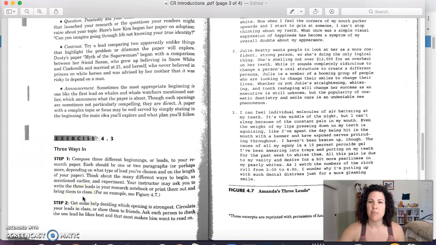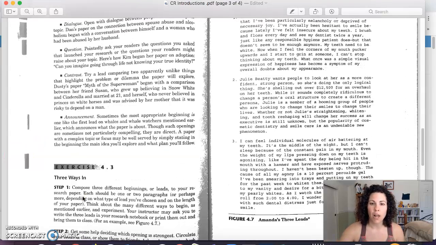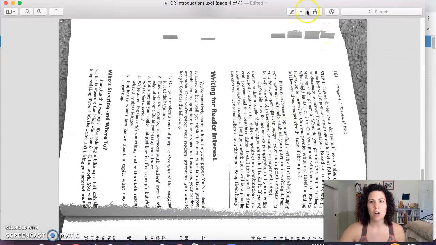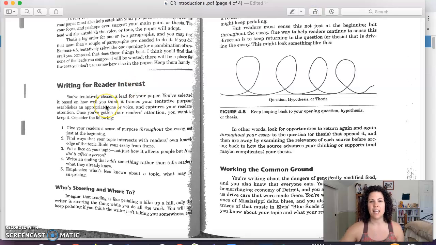We are going to be doing steps 2 and 3 another time, so all I want you to do is be drafting those. And like I said before, our goal here, and as we go on, is really to start thinking about the reader. We've done a lot of research, you've done a lot of writing in your notes, you've organized, but now we need to start thinking, how am I going to communicate this information to someone else? So I will have all the other details in the assignment, but I hope this was helpful in explaining exactly what we're going to be doing for our introductions.